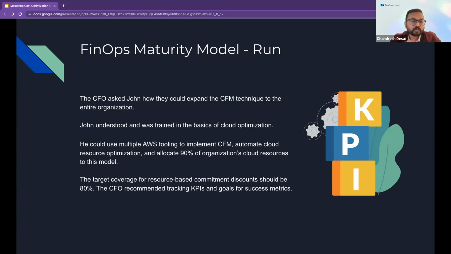And this FinOps maturity model, crawl, walk, and run, is not a one-time process or cycle. You can continuously repeat this cycle.